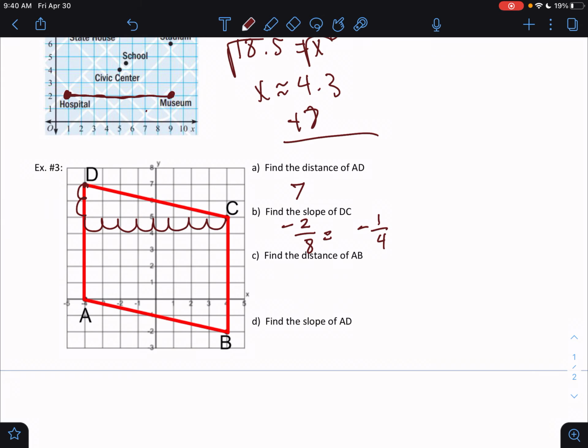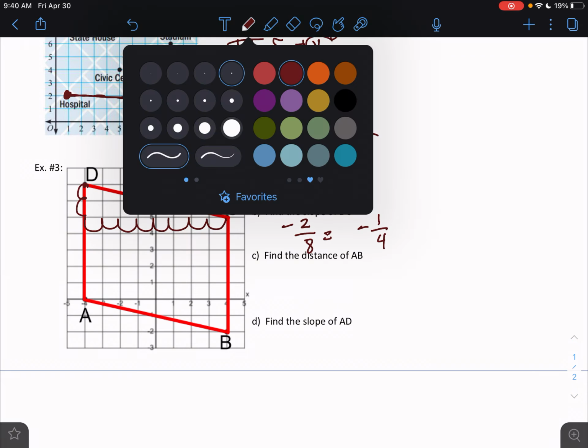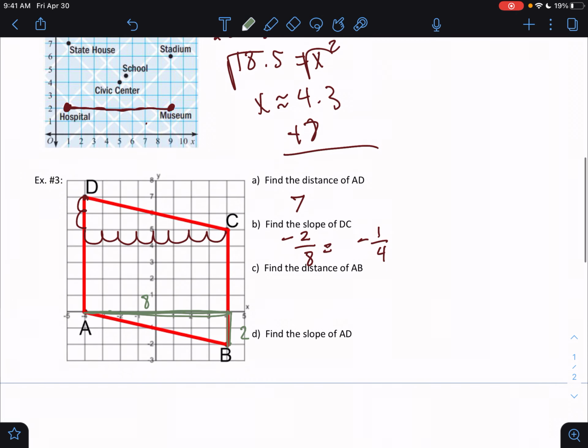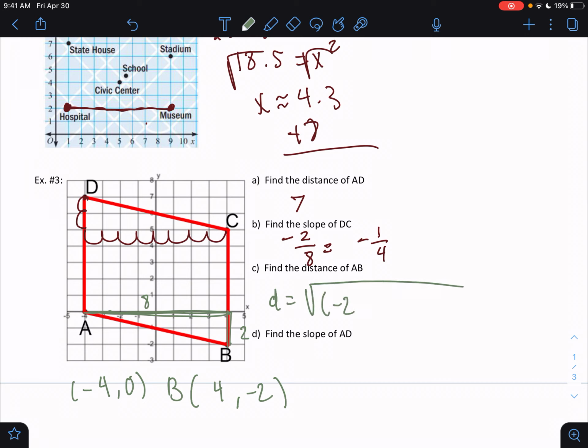Now the distance between A and B. This one we're going to have to create a right triangle for. So I'm going to create this right triangle here, and we could do the sides of distance of 2 and 8. Or we could use the distance formula. So A would be negative 4, 0. Point B is over 4, negative 2. So let's use the distance formula for this one. So we'll have negative 2 minus 0 squared plus,